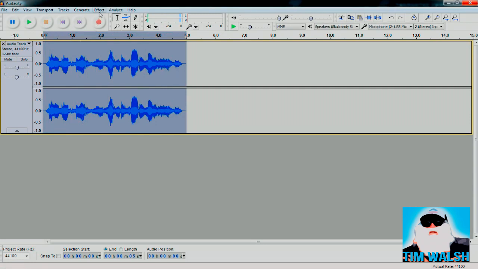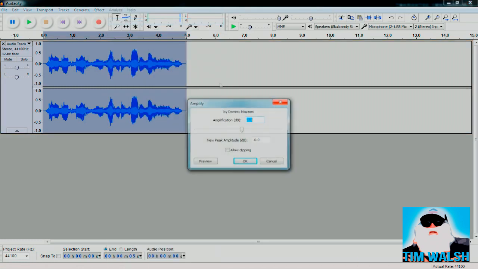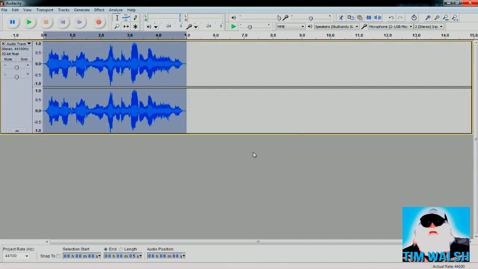Now what we're going to do is go to Effect and amplify it. That will amplify it by 3.3 decibels, and that will make it louder, and it will fit the scale. And that's what we want. So this is what we're going to have. This is our last bit of one. This isn't the end, though. Billy Bob Thornton is the hottest man alive. So that's sounding a lot better than it already was.